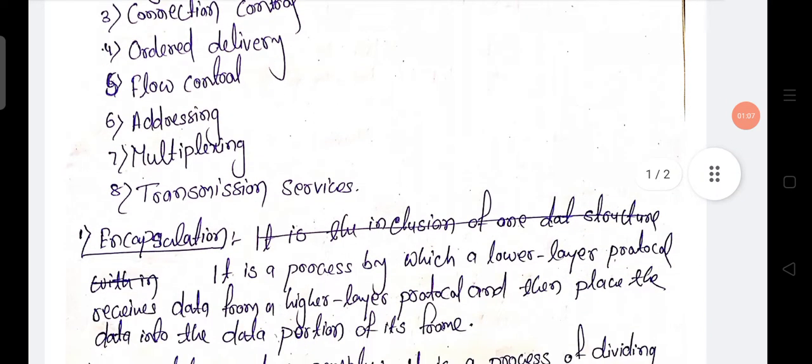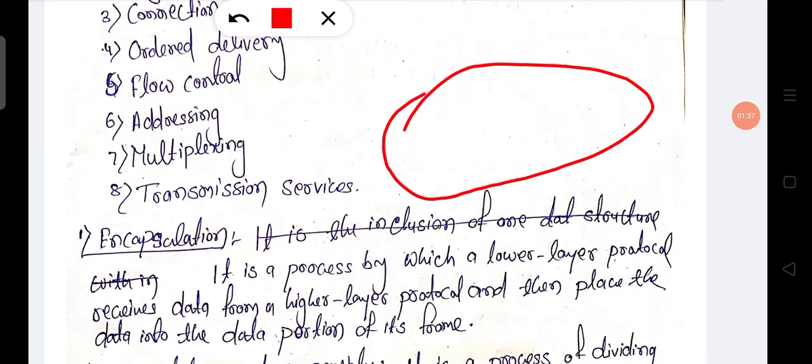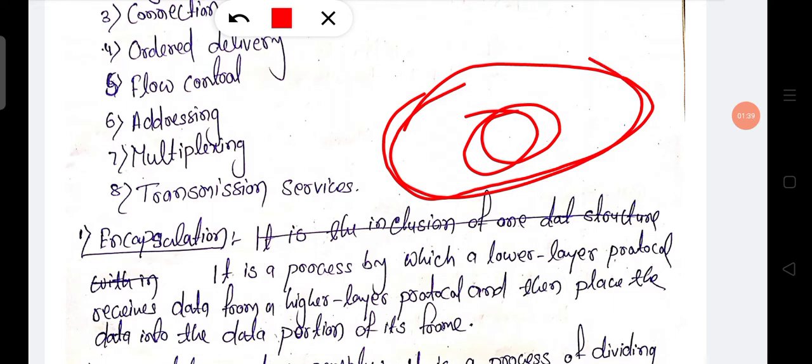Okay, now what is encapsulation? It is the process by which a lower layer protocol receives data from a higher layer protocol and then places the data into the data portion of its frame. Literally, encapsulation means to enclose something in a capsule. Anything enclosed in a capsule or any frame is called encapsulation. Here in networking